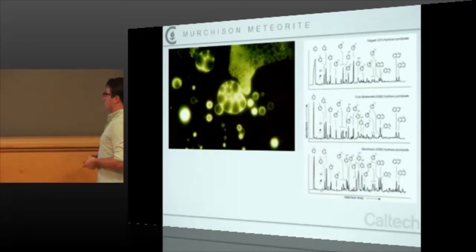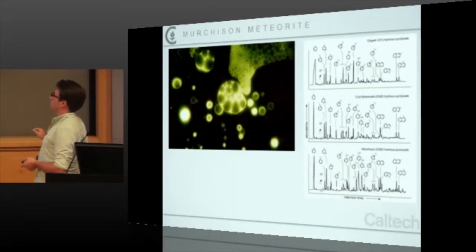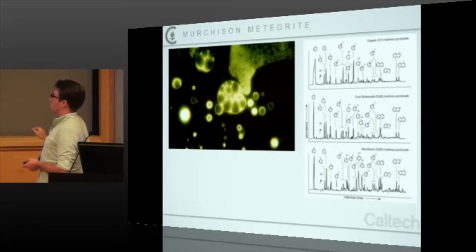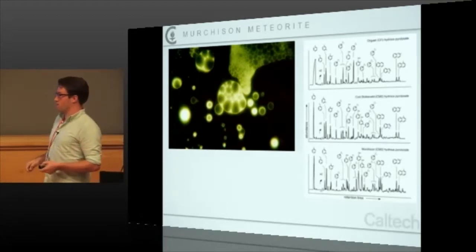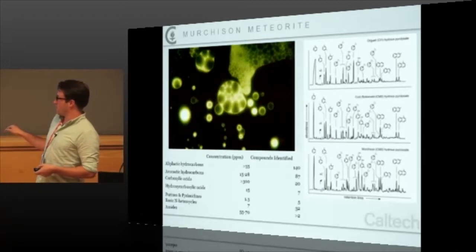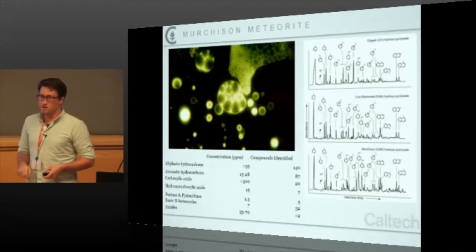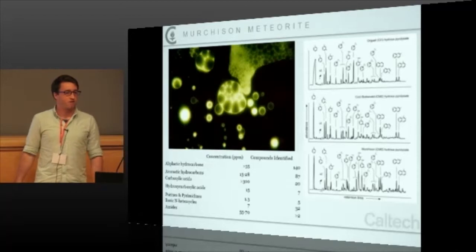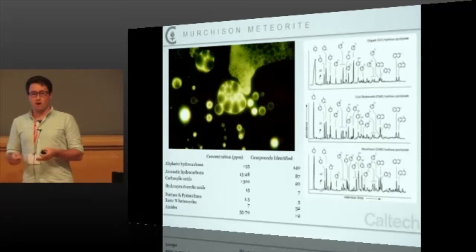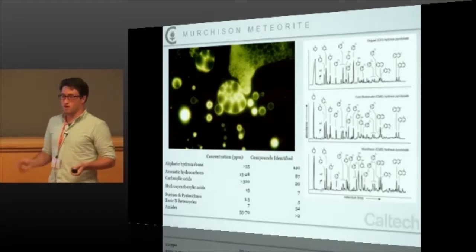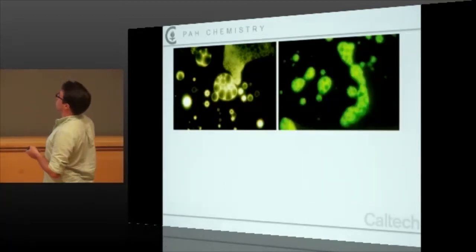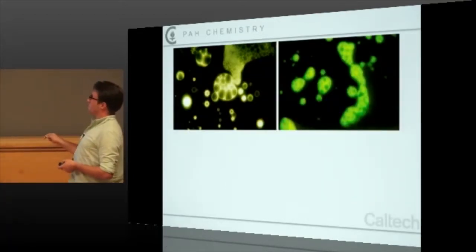And so one of the things, if you look into Murchison, one of the big constituents is aromatic hydrocarbons and things like phenol. So functionalized aromatic hydrocarbons are one of the big parts of this. And it's nothing like the carboxylic acids, but it is actually a decent fraction of the organic matter found in Murchison. So there's a lot of organic PAHs, some of which are functionalized and in fact amphiphilic, that are stuck in these things.